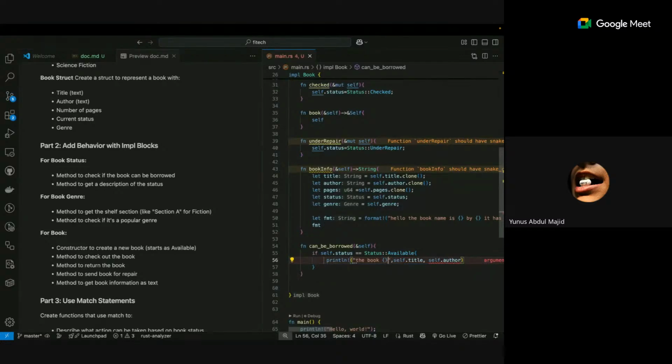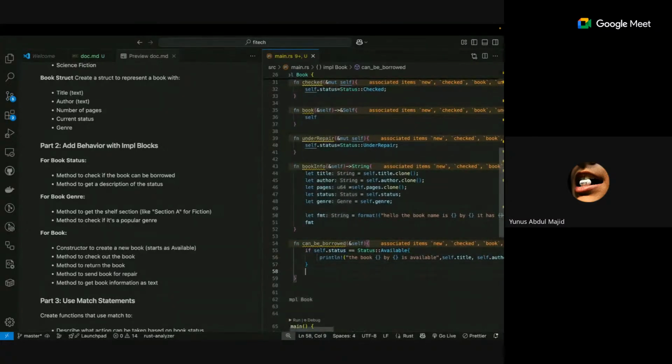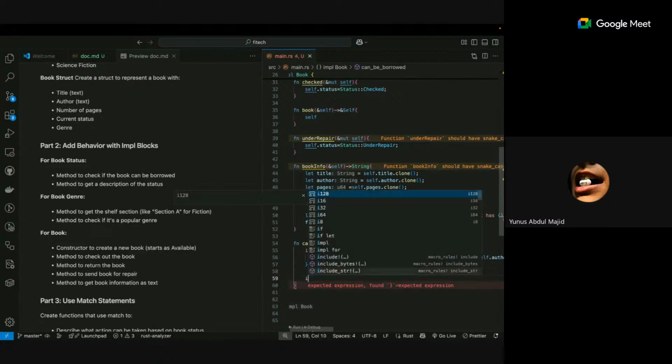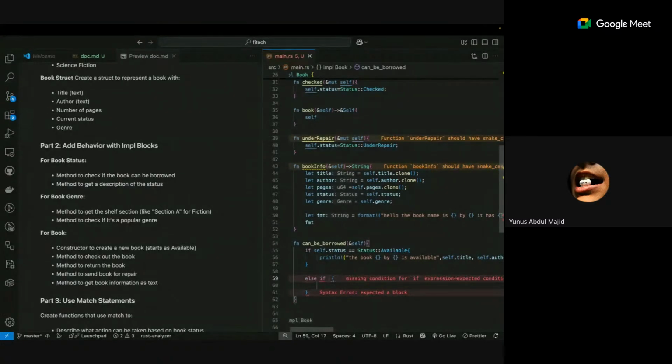The book title by author is available. If it's not available, else if, then